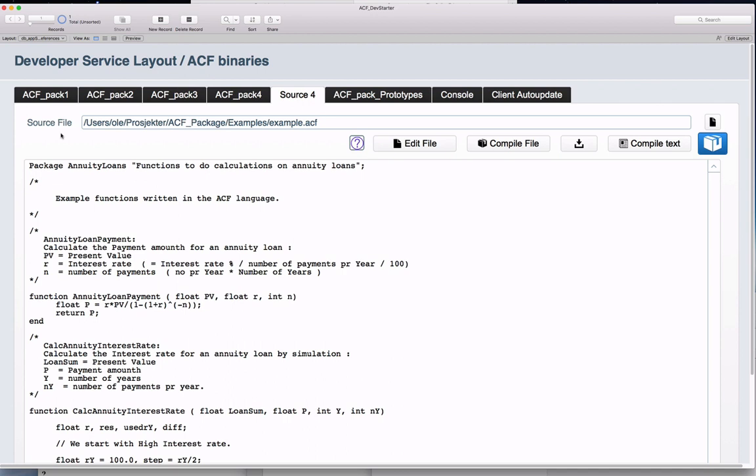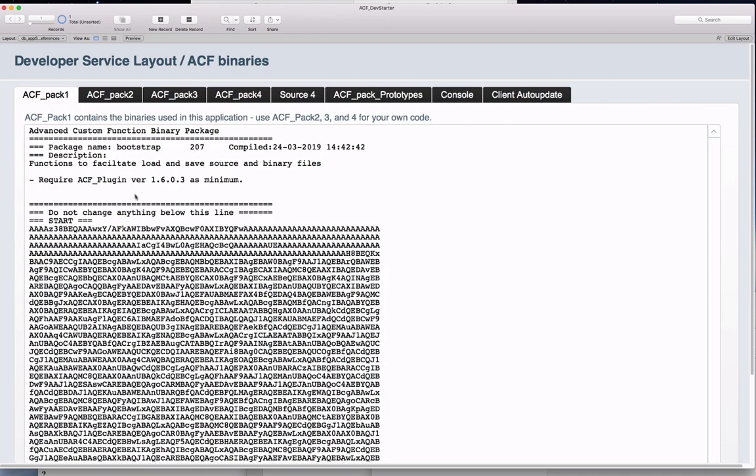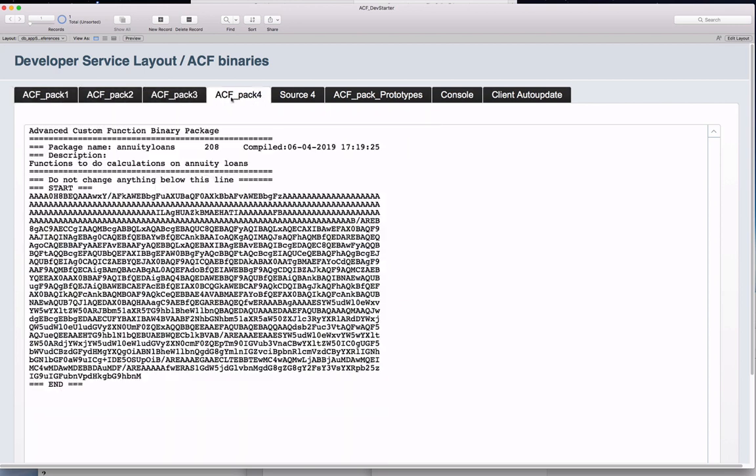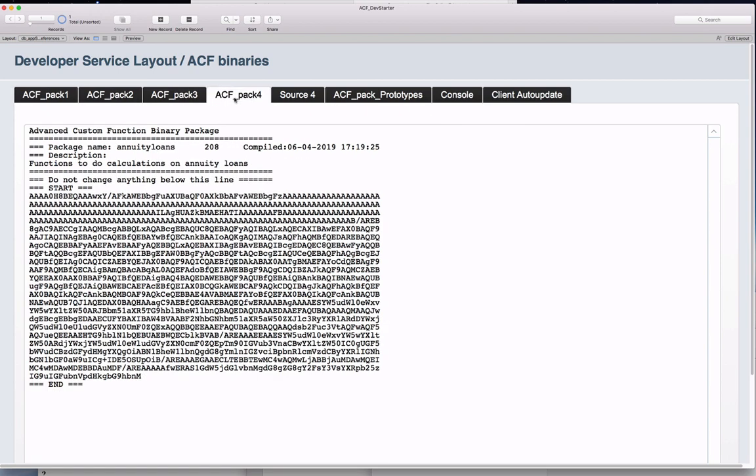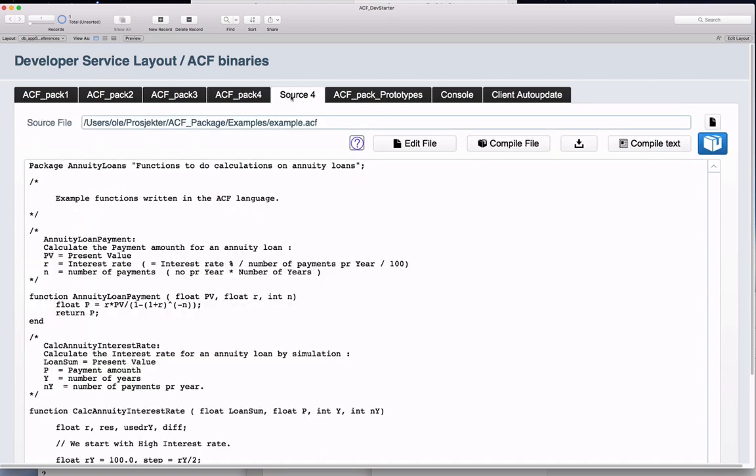When we compile our ACF packages, we generate a base64 encoded binary. We don't use a container, text field only. It's a 2 KB++ text field, and it lets us see some description of the package when it was compiled in the top here. We have 4 tabs for 4 different packages. It's quick to expand with some more if needed. You can include this layout into any project to use ACF. We think that it's convenient to be able to compile and test directly here.